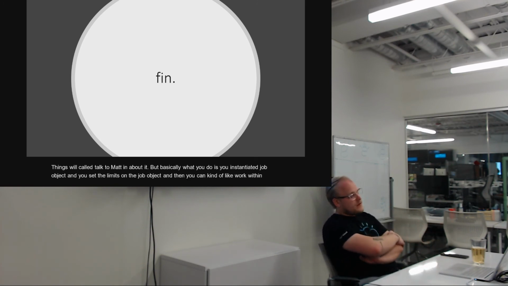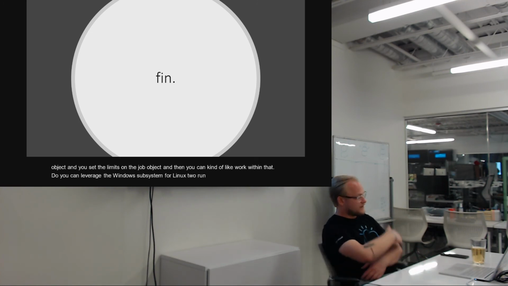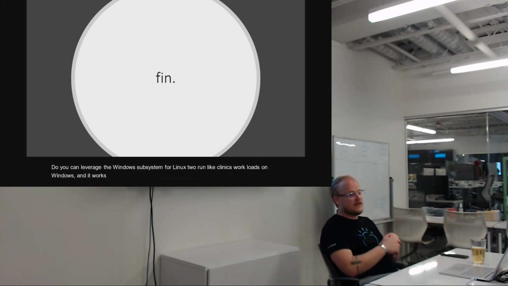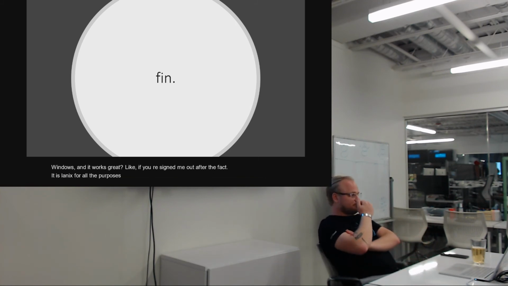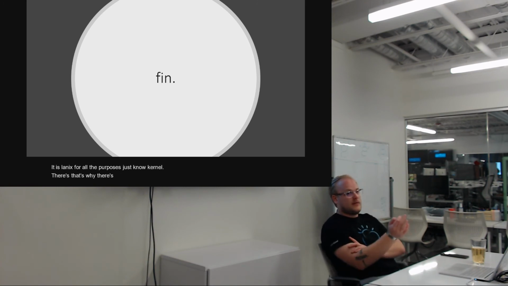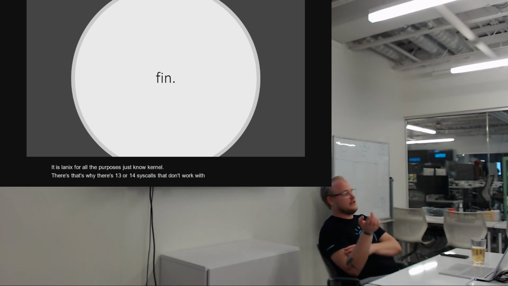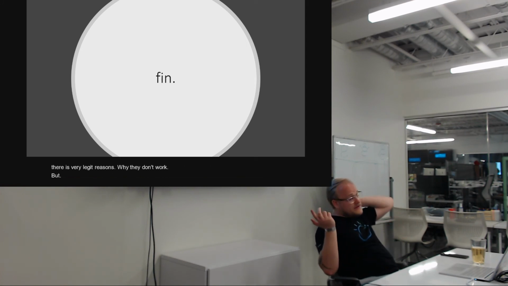But you can leverage the Windows Subsystem for Linux to run Linux workloads on Windows, and it works great. If you're curious, I can demo it after the fact. It is Linux for all intents and purposes, just no kernel. At this point there are like 13 or 14 syscalls that don't work, but they are very rarely used, and there are very legitimate reasons why they don't work. But anyways, what you can always do is